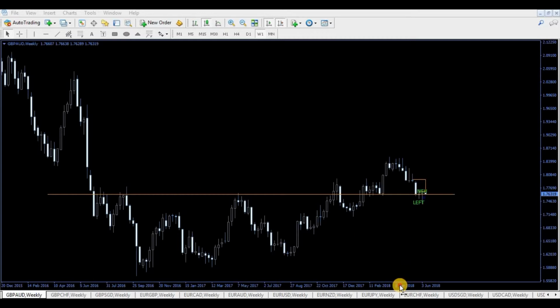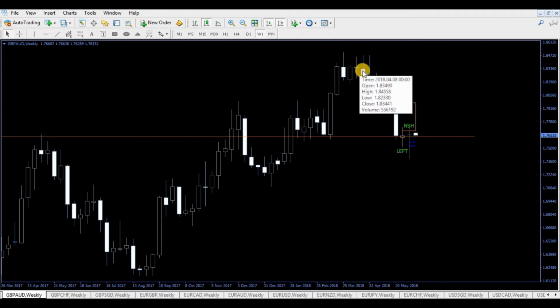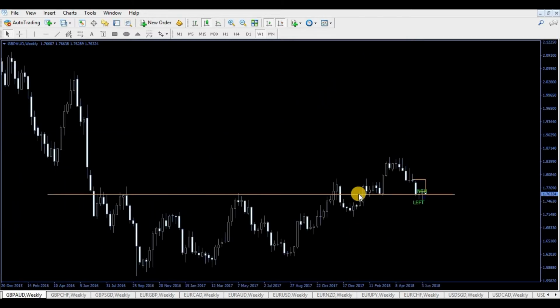So I'll zoom in quickly. You can see Aussie's had a big push down. Again, just remember this is a weekly chart. So push down, push down, push down, all bearish. Even though the close was not so different to the open, price went up, then came back down. A big bearish push, and then a doji. It really pulled that up, and it was interesting to see that doji because that doji, if we look across,